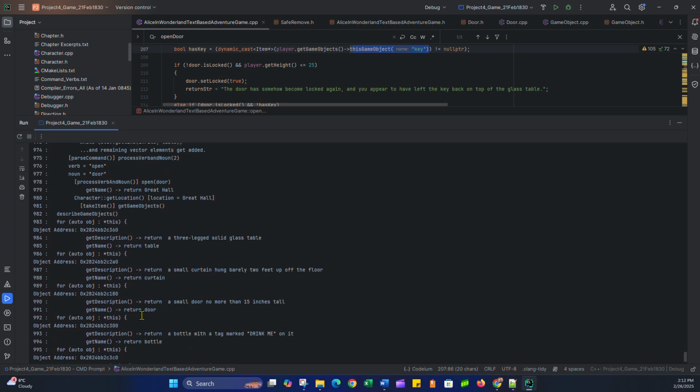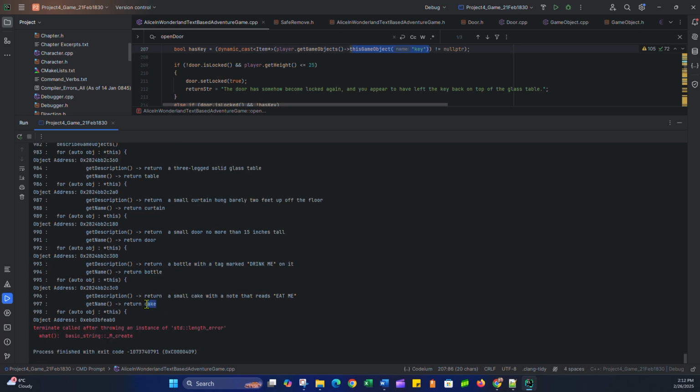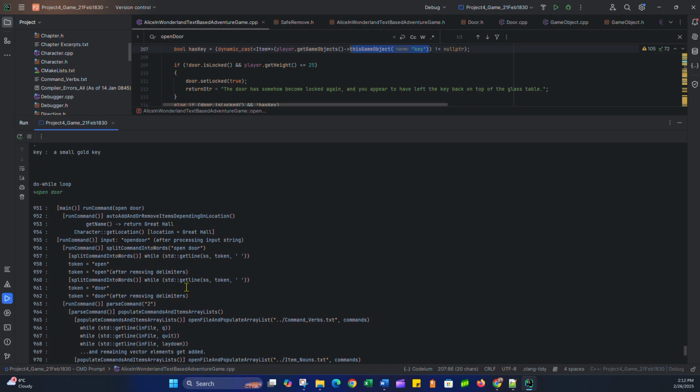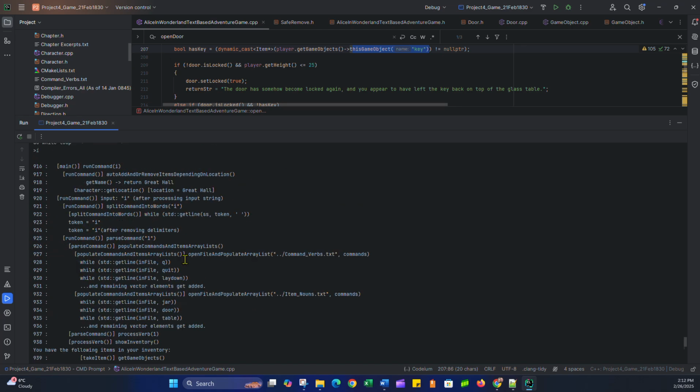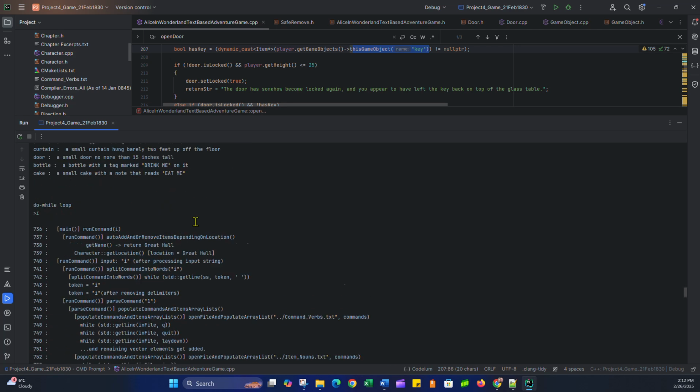If I look up, let's see what objects I'm printing out. I'm printing out a table, a curtain, a door, a bottle, and a cake. And presumably the key was after this. And I took the key, but it never got removed properly, and that's obviously what's causing the problem. So if I go right back to the start, when I first came in here, and printed out what was in the room,